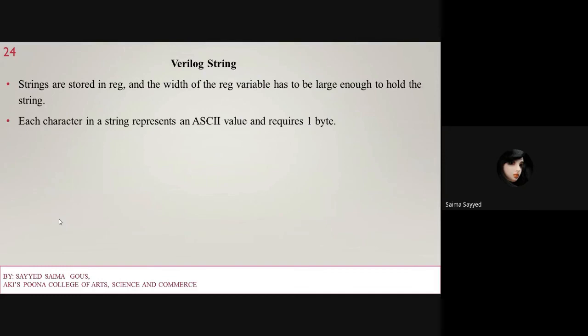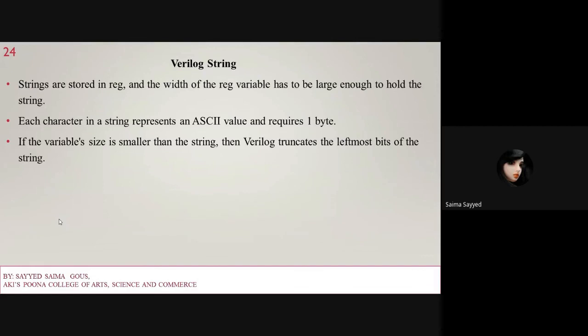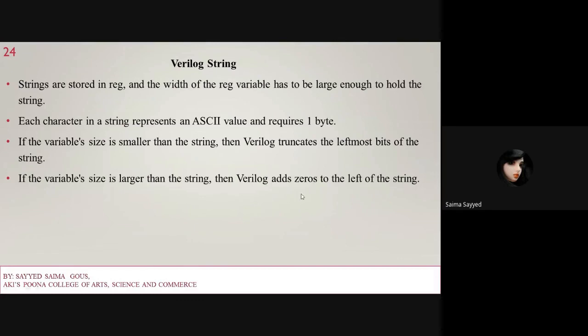Each character in a string represents an ASCII value and requires 1 byte. If the variable size is smaller than the string, then Verilog truncates the leftmost bits of the string. And if the variable size is larger than the string, then Verilog adds 0 to the left of the string.